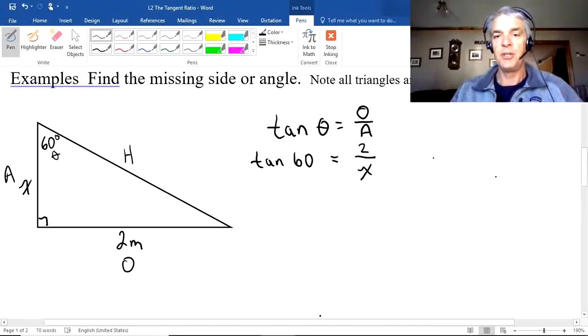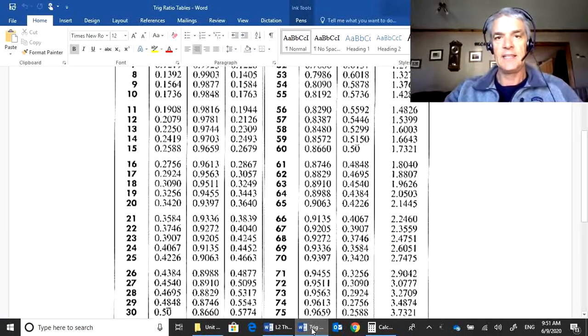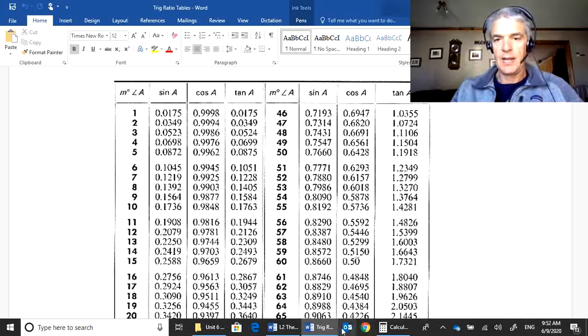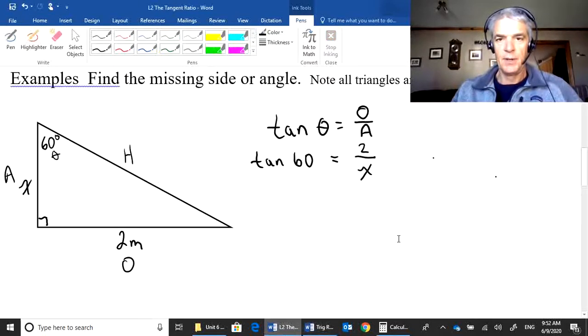Now I can do this in 2 different ways. I can go to that table that I talked about, tan 60. Let's look at this. Tangents are here. This is the angle, 60. Tan 60 comes across, is right there, 1.7321. Okay, so I can write this in as, go back to my question here, and I can say